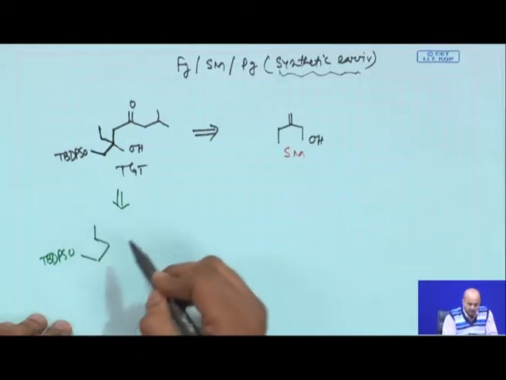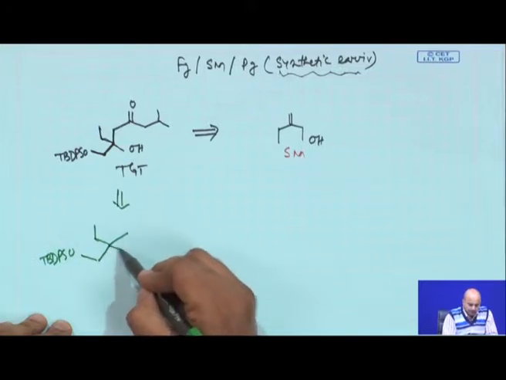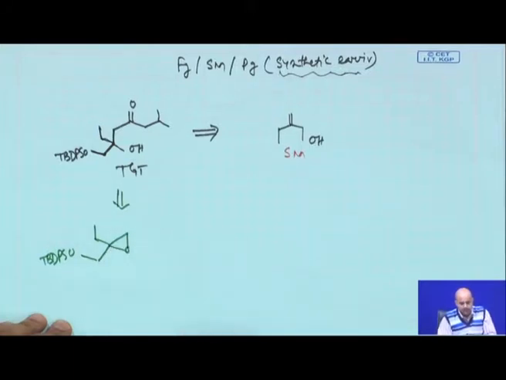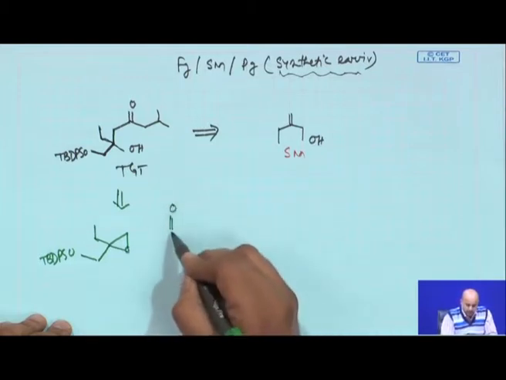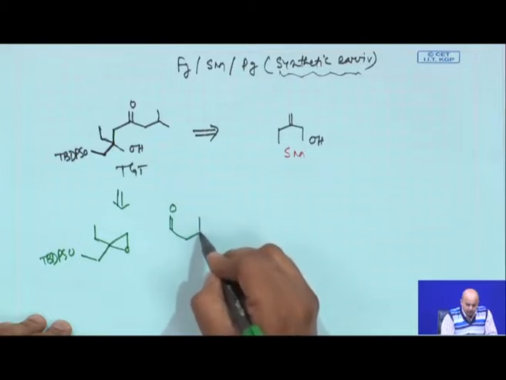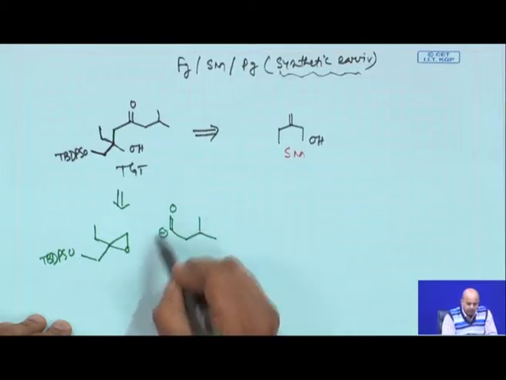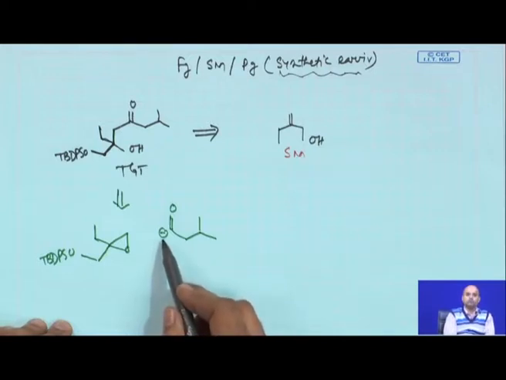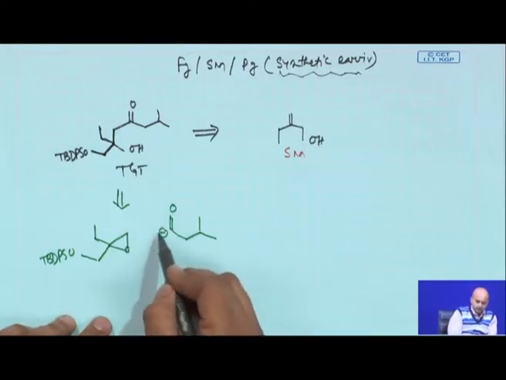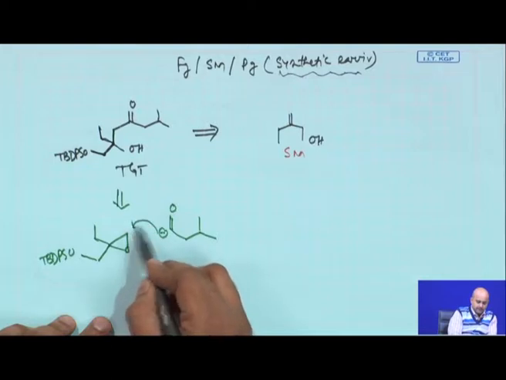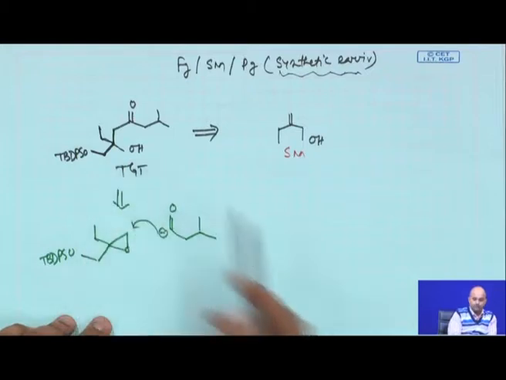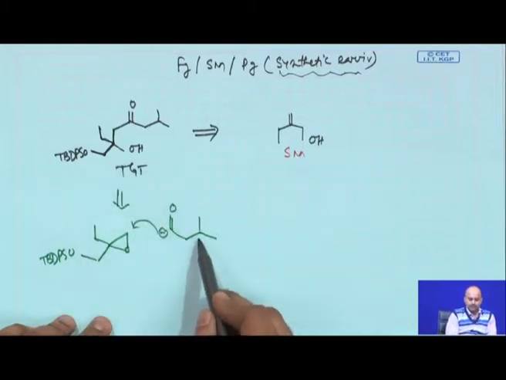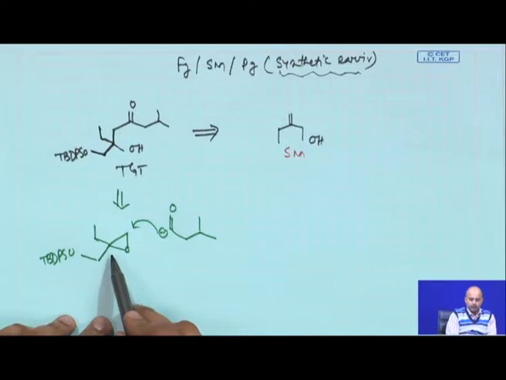We say ethyl is there, and then we say if you have an epoxide something like this, then we will be using a synthetic equivalent of this anion, which will attack the sterically less crowded epoxide in this way to give you this target molecule. So, now your job is how you can access this anion and how you can make this epoxide from the starting material. This part we will do first.